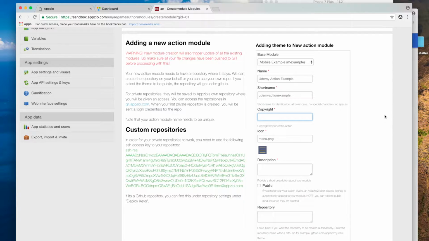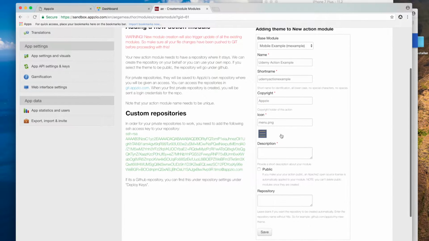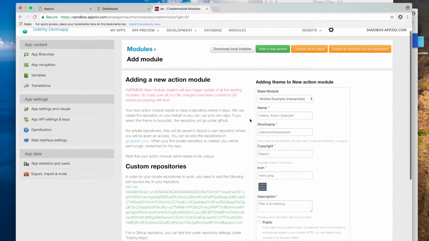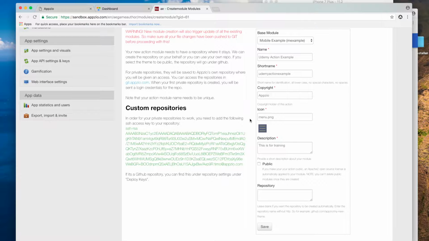Then you define the copyright holder, which is you. You can choose a custom icon and give a description about what this does. And you can also define this to be a public module. If it's a public module, other developers will have access, so it will show up on the global actions directory. Regardless of whether you make it public or private, it's your code, you own it, you're the copyright holder. So now we'll click on save,